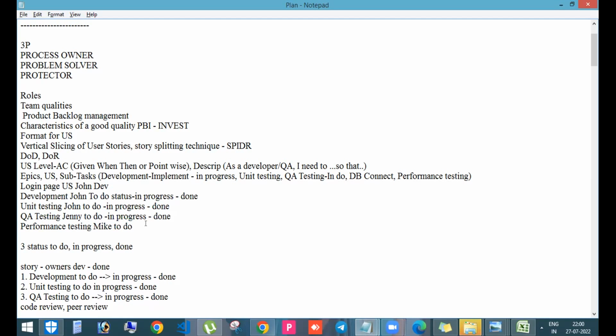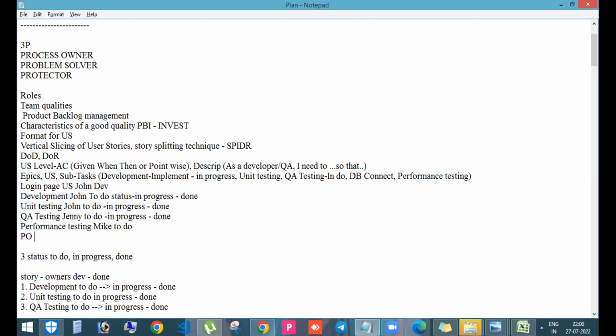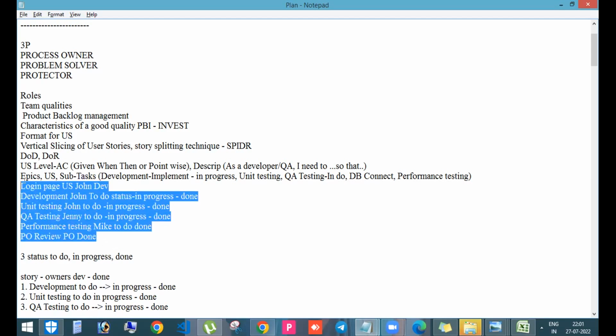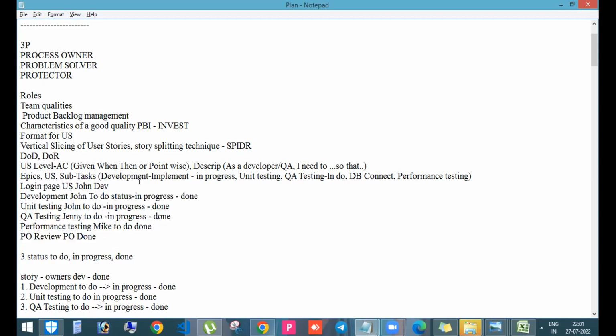Then Mike will be working on this, and at last, the product owner review. There will be a subtask for that, which should be assigned to the product owner. Once the product owner says that this user story is meeting the definition of done, that means all the subtasks under the story are done, right? Development is done, unit testing is done, QA testing is done, performance testing is done, product owner review is done. Now only this user story can be closed. At last, John can close this user story. Now you are able to understand the entire flow? Yes, I'm able to understand. If you don't mind,